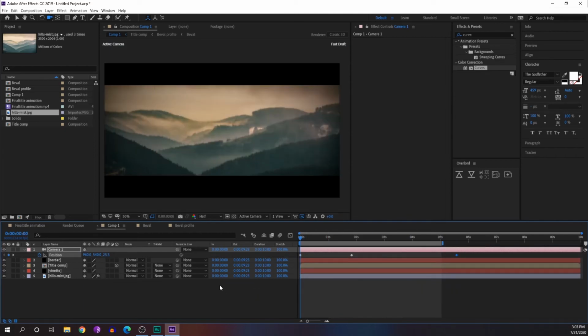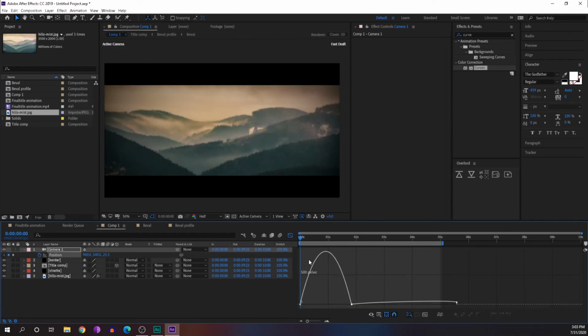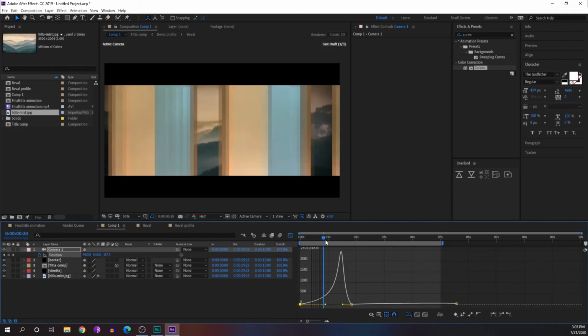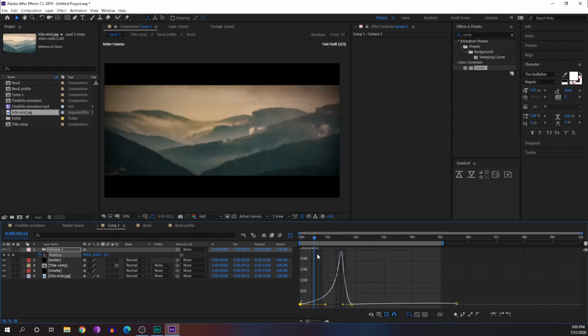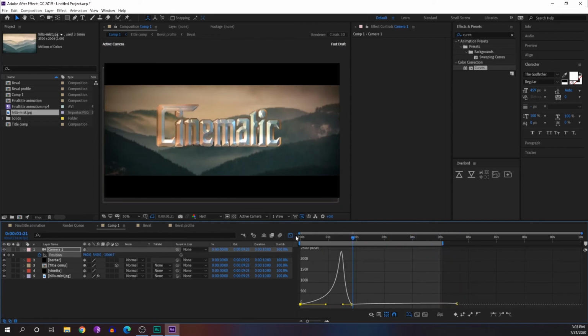Now next thing we are going to do is add some ease to our camera animation. We'll select the first two keyframes, and press F9, and we'll go to our graph editor. Here I will turn the curve like this. Let's play it back.